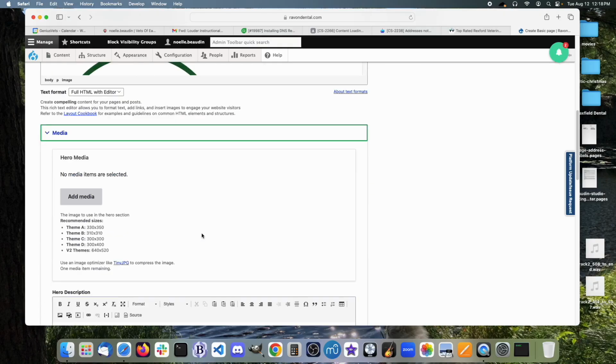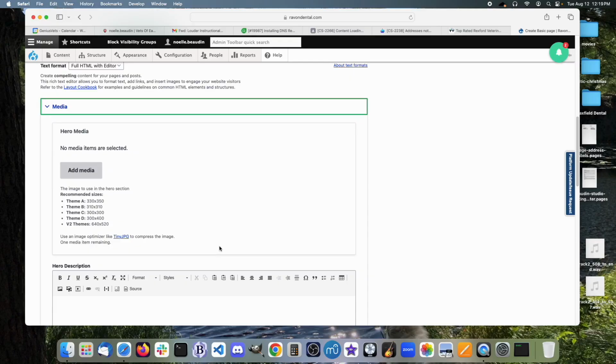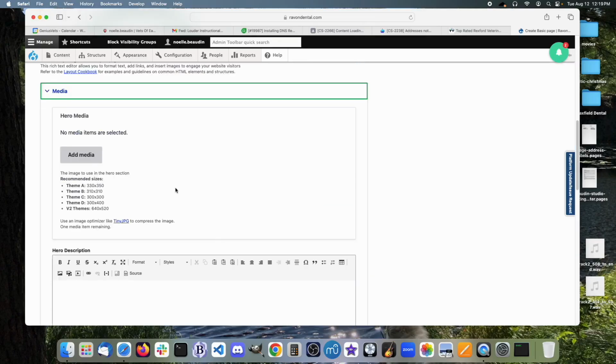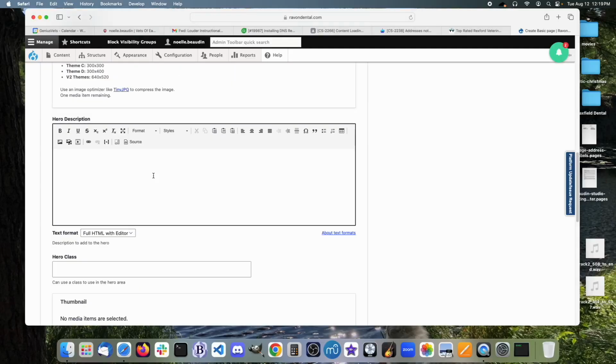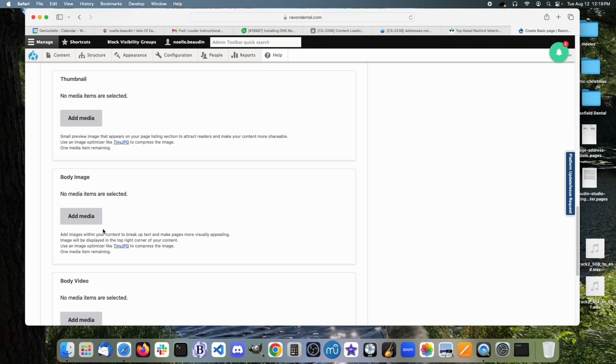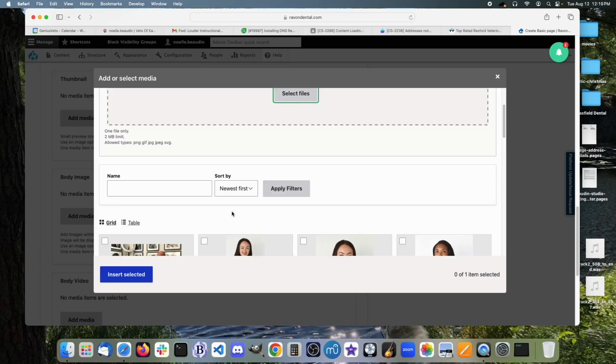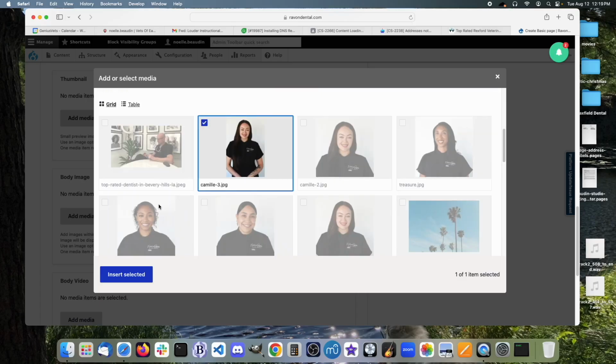You can also use this area to add media. I would recommend using this area if you only have one image on the page. The reason is this body image right here properly sizes the image and places it on the page on the right. I will show you what I mean by taking an existing image,